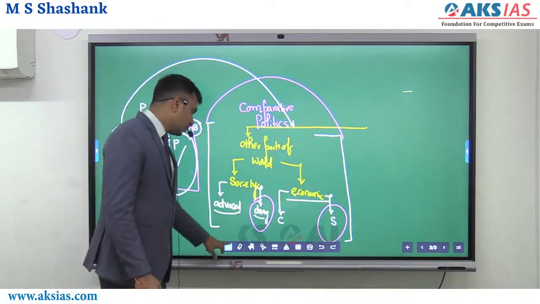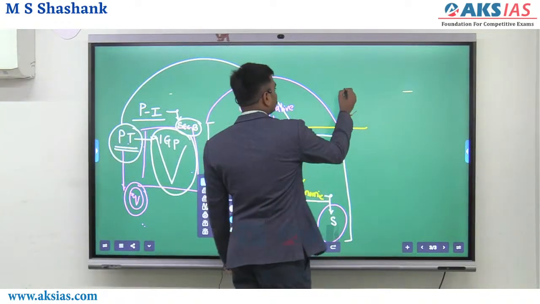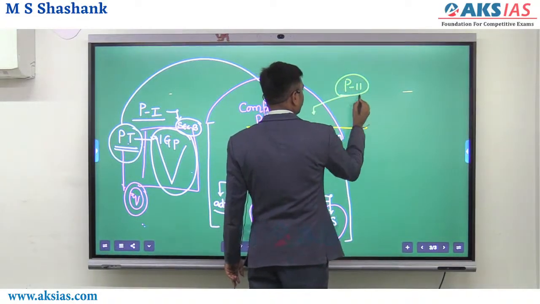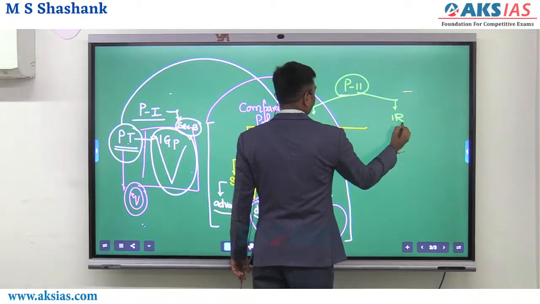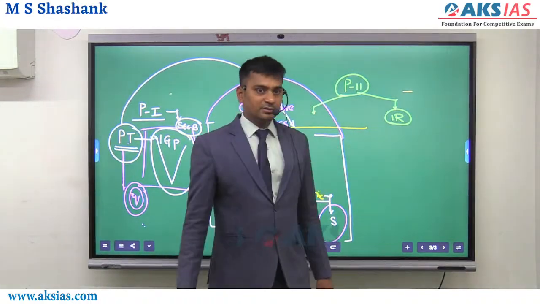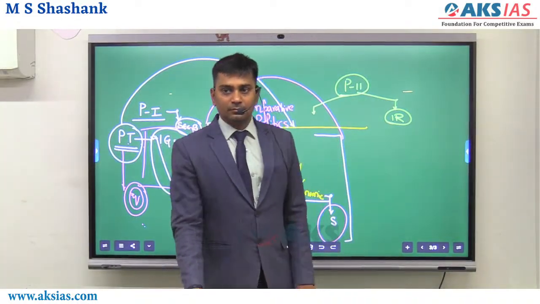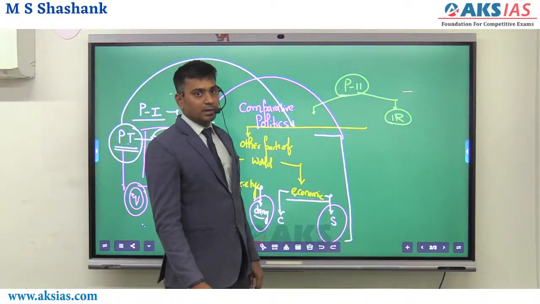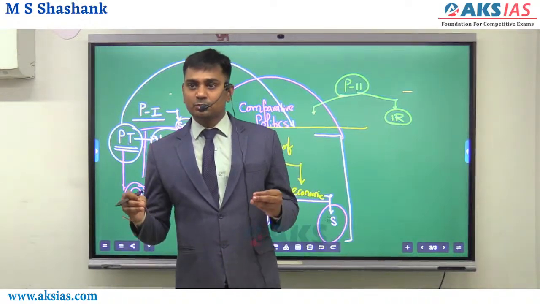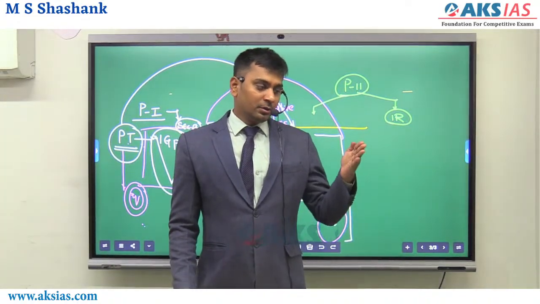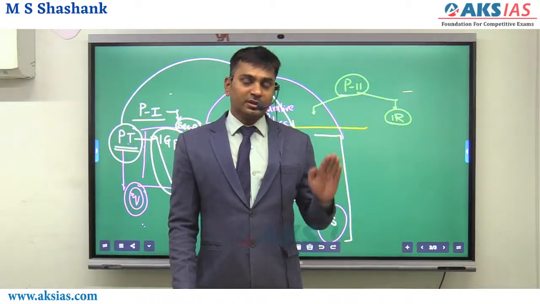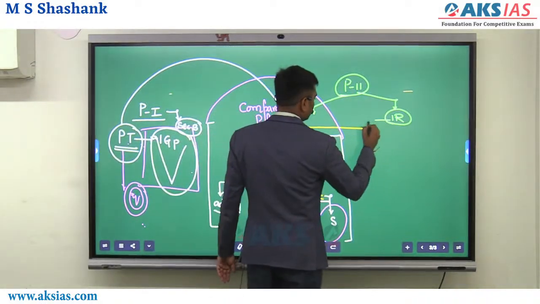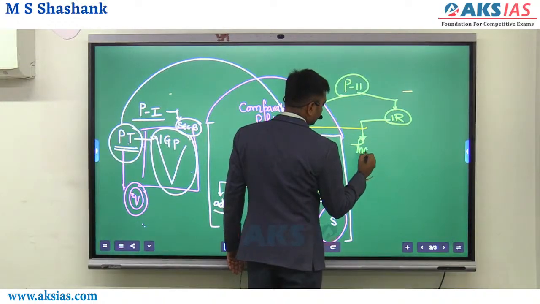So in paper 2, one thing you have to understand is that paper 2 is not exclusively IR. It is a combination of this and then IR, international relations. So after these four chapters, the next thing they start is IR. Just like any subject starts with theory, economics has to start with theories, polity has to start with theories, ethics has to start with theories. Everything will have theories. Similarly, IR also starts with theories and concepts.